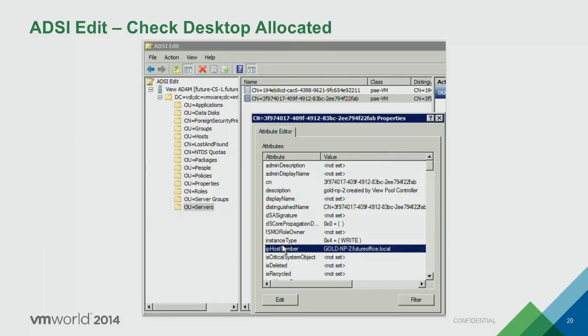So if you need to actually check who a desktop is allocated to, maybe it should be available. There's a lot of information that we keep in the LDAP, and it's very easy to go look at. It's a little harder to go change, but it's very easy to go look at. And I'll give you some queries coming up here on another slide to actually go do that if you've never done it before. But this slide is just to emphasize that there's a lot of information you can actually see,